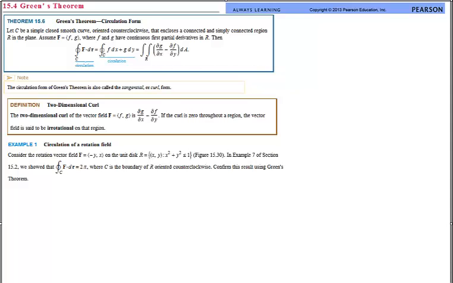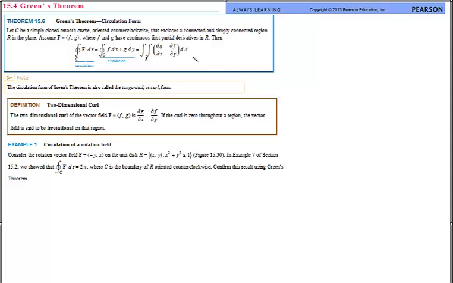Welcome, Calculus 3 students. We are looking at Green's theorems today. Green's theorems are typically a way to make our lives easier in finding circulation or flux or something of that form. Notice that it will be a double integral, and I will find the two partials, and I will integrate that